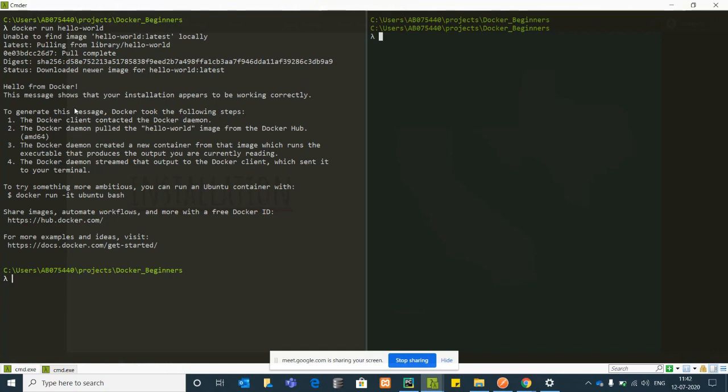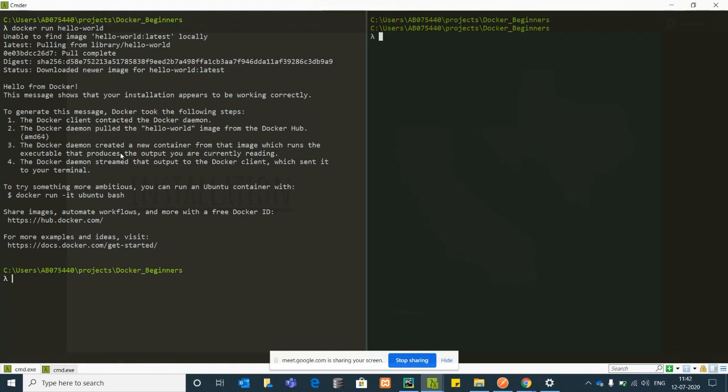Now the hello world image has also been developed, basically to check whether this hello world image is getting downloaded and your Docker is working or not. Now we have issued the docker run hello world command. So what this basically does is it looked for the image, it downloaded the image.